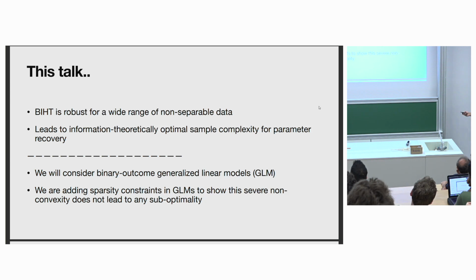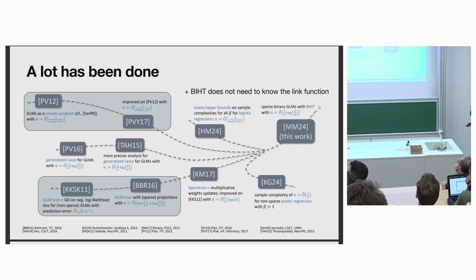Okay, good. A lot has been done in GLMs, and in particular in binary GLMs. I'm not going to go over this setting, but there are various sample complexity results. What we are claiming in this 10-minute talk is that we improve over a bunch of previous work. That includes AMP, work by Tramontanis and others, and also a spectral method for this problem, as you have heard.